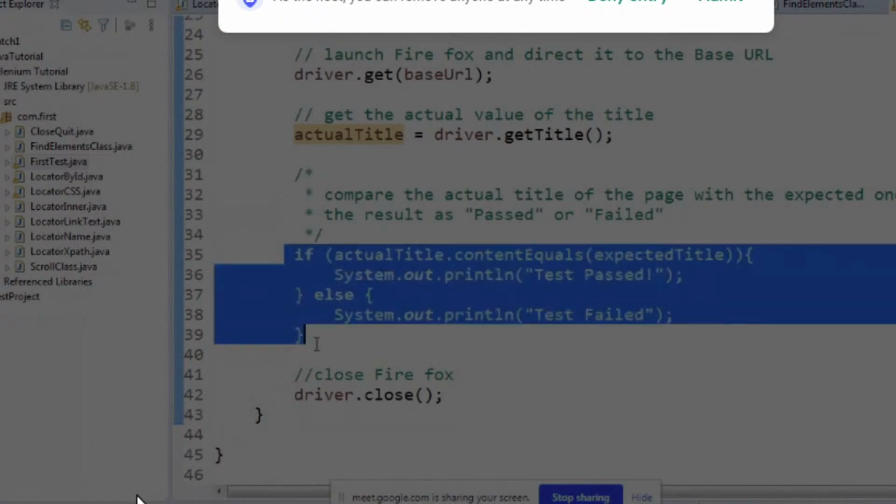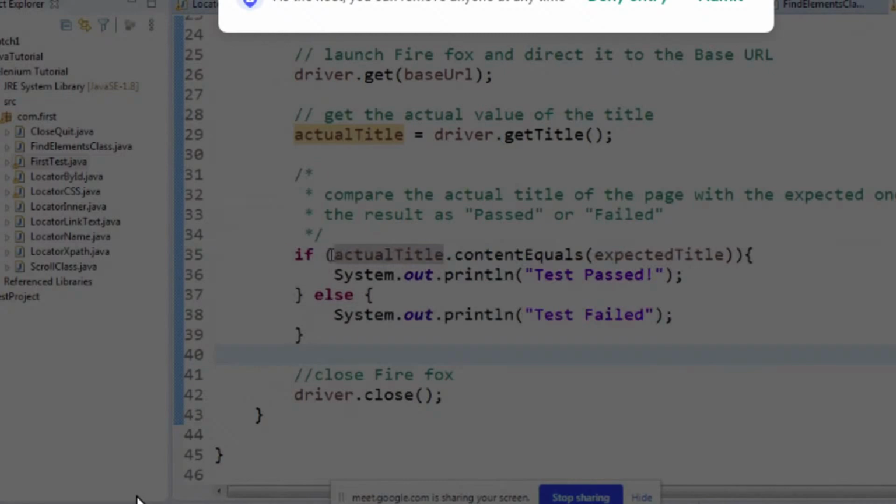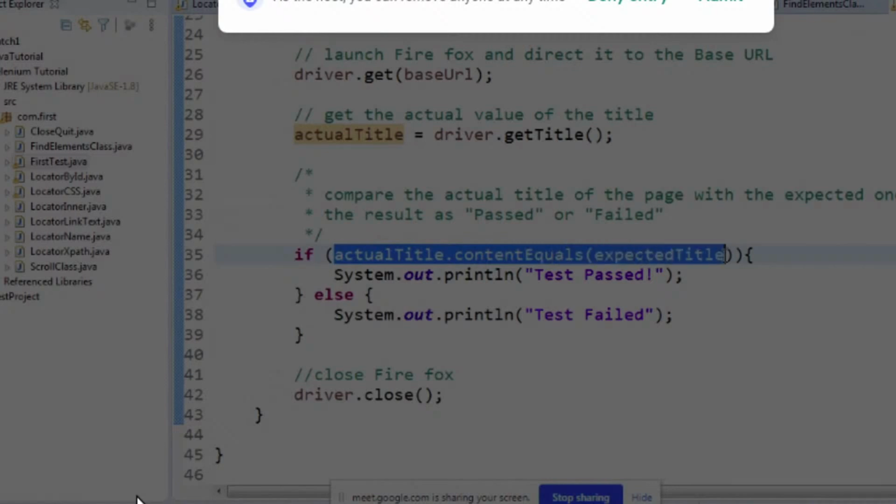But this is the if else syntax, and this is the control statement in Java. As per the syntax of if, in this open bracket we put the condition: actualTitle.contentEquals(expectedTitle). In this line, I am comparing both strings, whether the expected title is equal to the actual title or not.